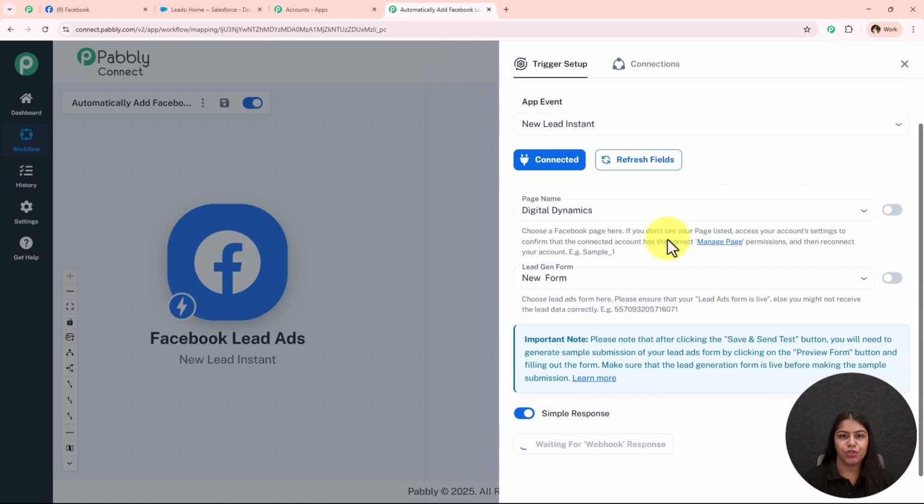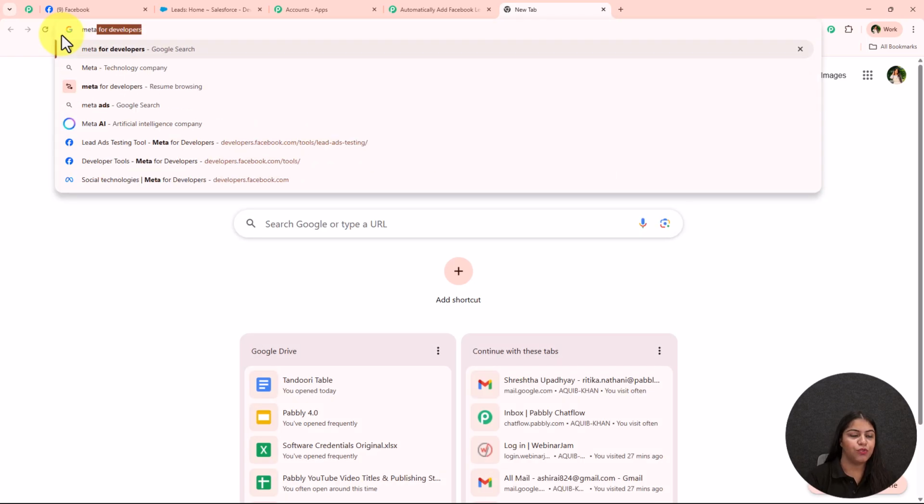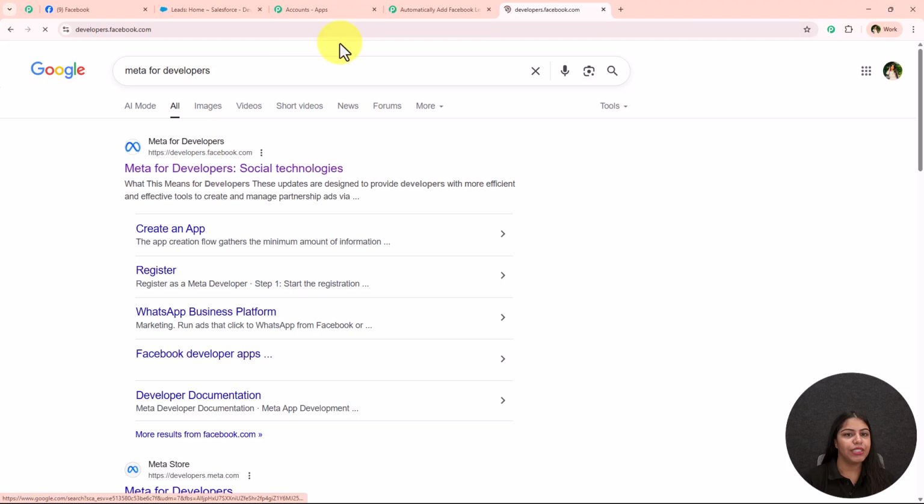And once I click on this Save and Send Test Request, it is saying waiting for webhook response. So we have to do a test submission in order to capture this webhook response. And how are we going to do that test submission? For that, I'm just going to open a new tab and look for Meta for Developers. So I'm just going to search for Meta for Developers, and I'm just going to open the landing page of